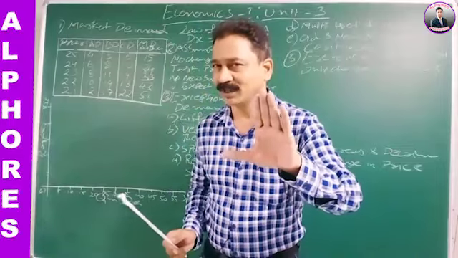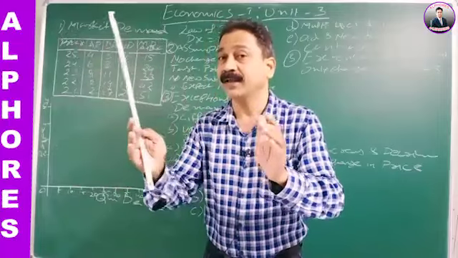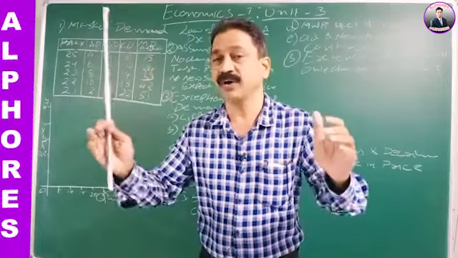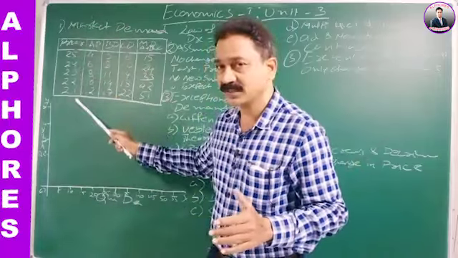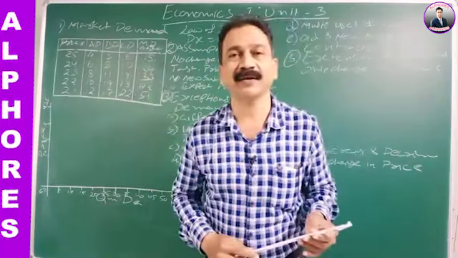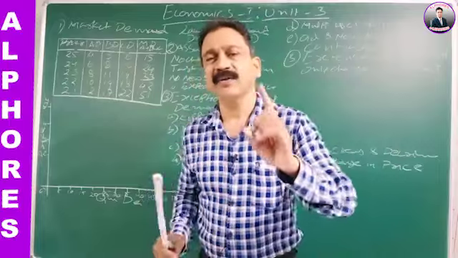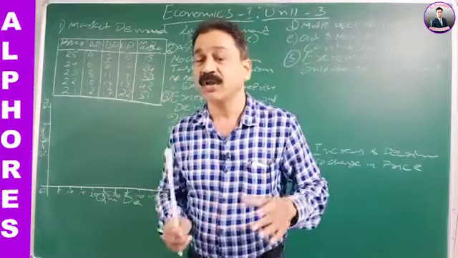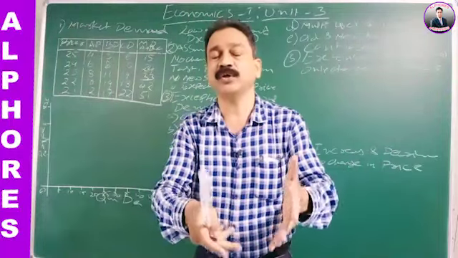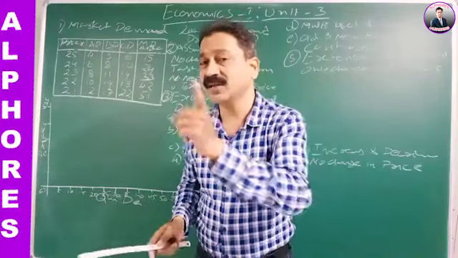Hope you are not confused. Don't get confused. Different groups of people purchasing different quantities of the same commodity at different prices, put together, is called market demand. Clear? Now with this we can come to a conclusion that individual demand is different, market demand is different. When you put together so many individuals' demand at one place, then it turns into market demand, because one is in a micro way, another is in a macro way.